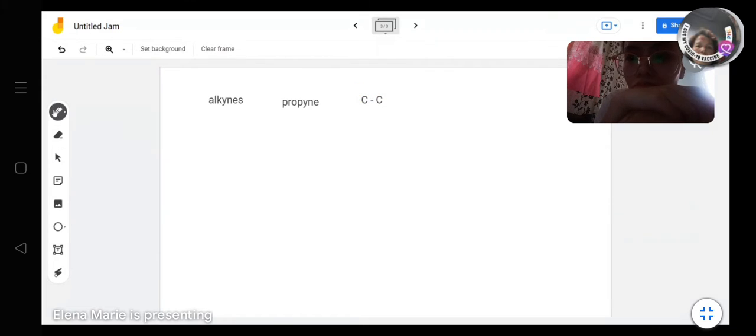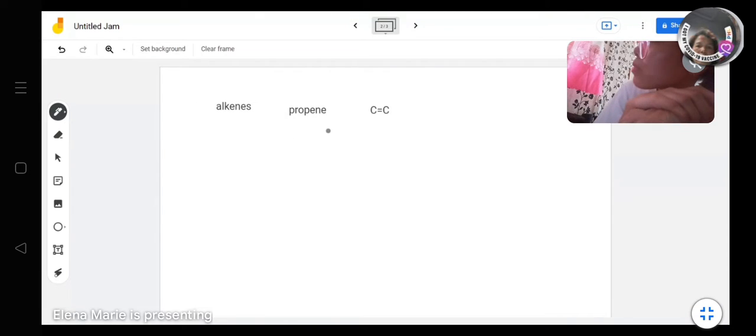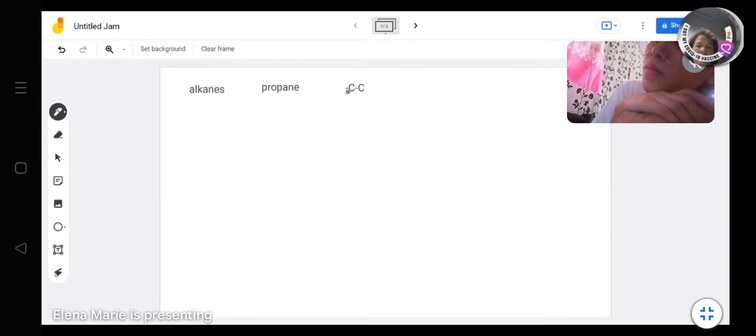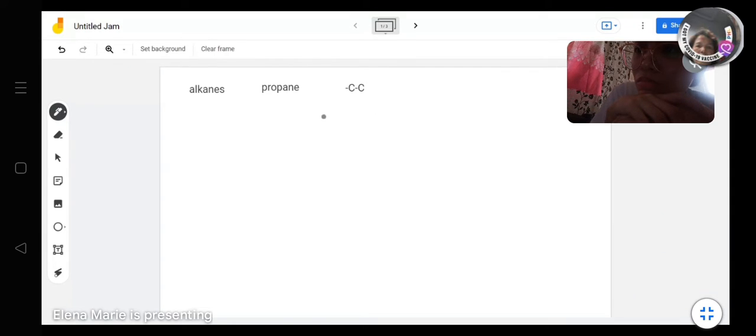Triple bond, guys. Sorry if it will not be drawn. For the alkenes, you only have a double bond, and for the alkanes, you have single bonds. So in this particular case, you have propane, the formula of which is